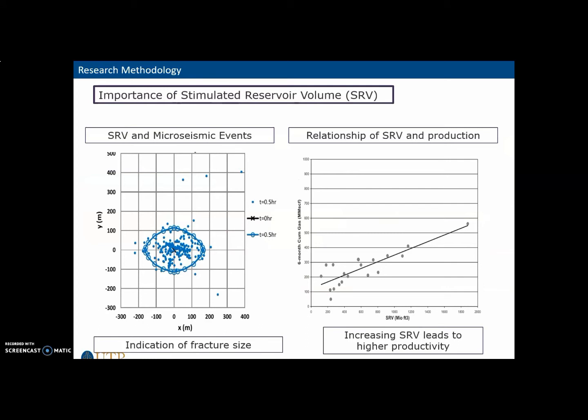As mentioned, the SRV is an indication of the hydraulic fracturing operation efficiency. Since the original condition of the very low permeability unconventional reservoir could not give us economic production, the SRV is assumed to be the new reservoir volume, and production will only take place in the stimulated reservoir volume, or the SRV area. The microseismic events data indicates on the fracture size, hence indication for the SRV dimension. The chart on the right shows that the larger the SRV dimension, the larger the production will be, and leads to higher